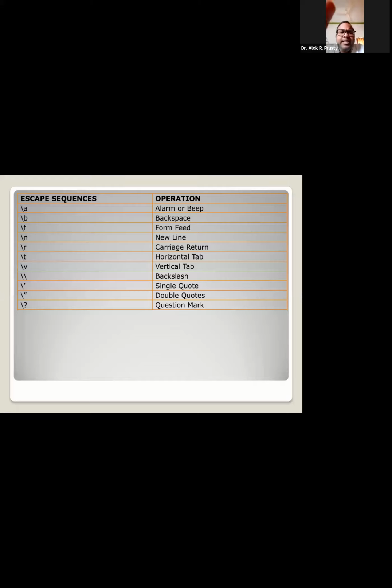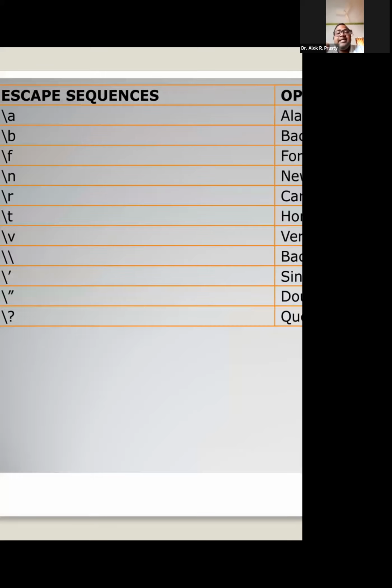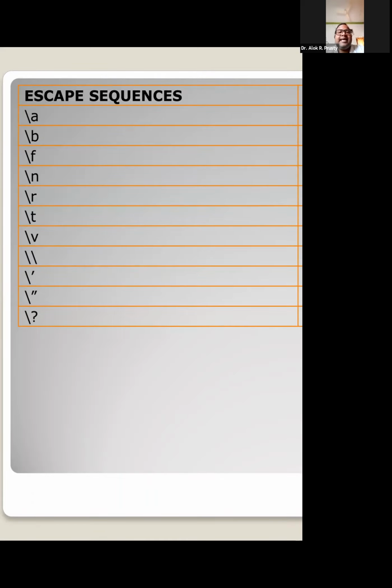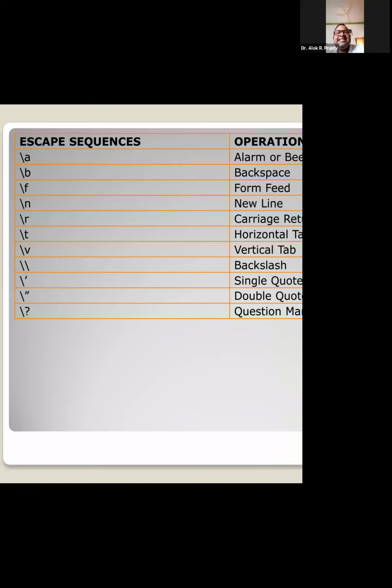Now all these are the escape sequences you can have, which start with the backslash character. We are using these backslash characters to make certain changes in the output sequence. Like we know, backslash n is the new line. Similarly, backslash t makes a horizontal tab in between the string or anything you want to display.